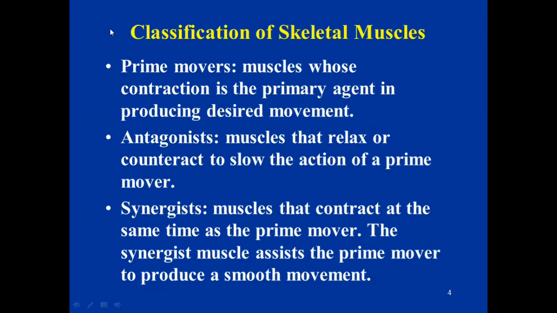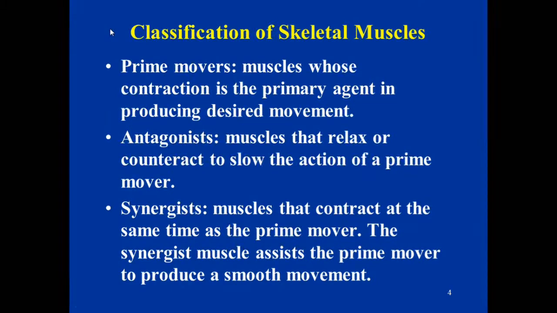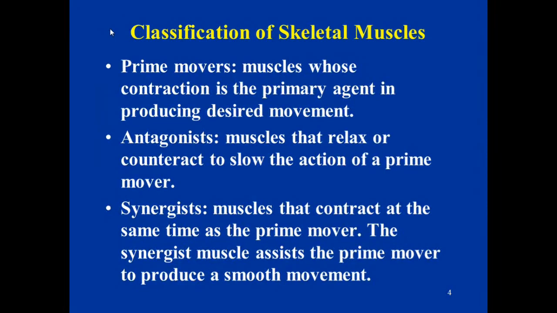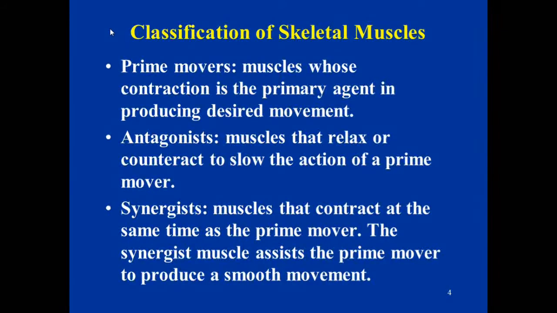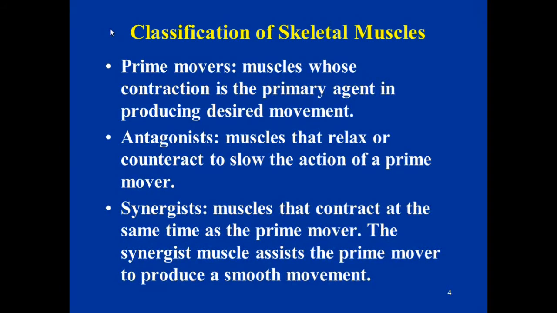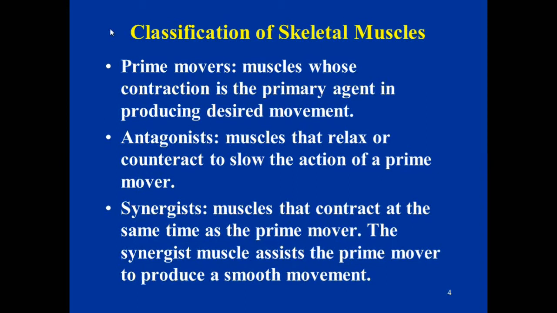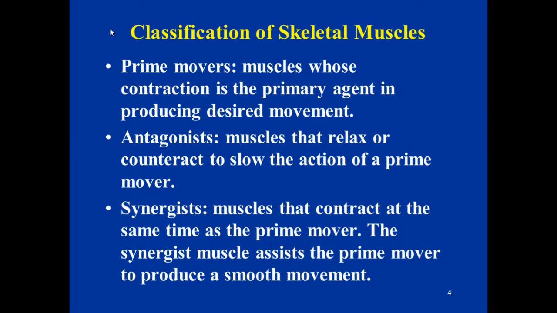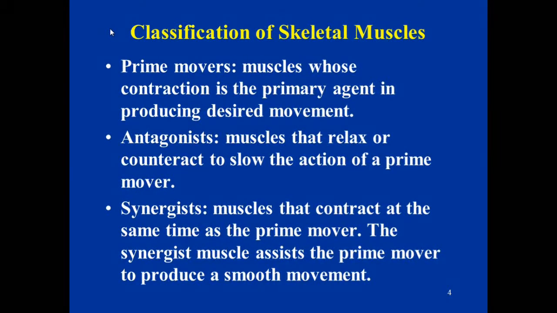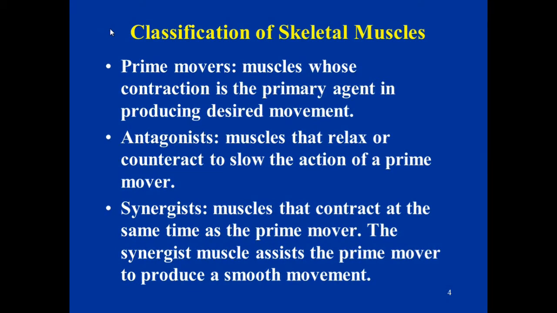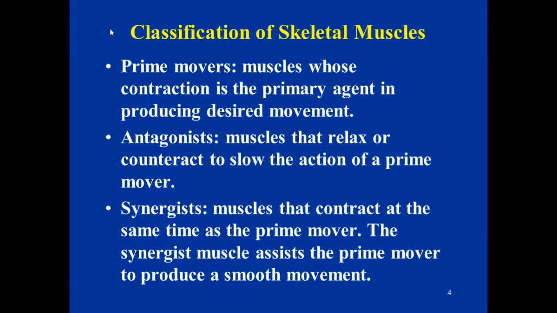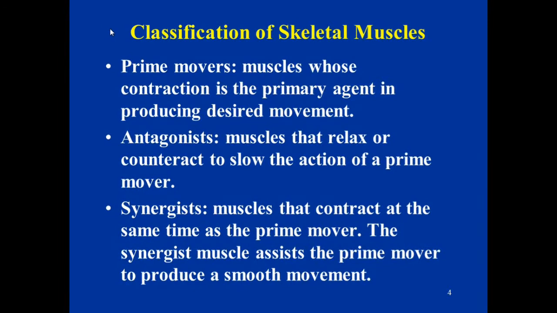Classifications of skeletal muscles are prime movers, muscles whose contraction is the primary agent in producing desired movement. Antagonists are muscles that relax or counteract to slow the action of a prime mover. That would be your agonist. Synergists are muscles that contract at the same time as the prime mover, and the synergist muscles assist the prime mover to produce a smooth movement. In this case, for example, if you were lifting something, your biceps would be the prime mover, but the pectoralis major and minor muscles, the abdomen, and so on,